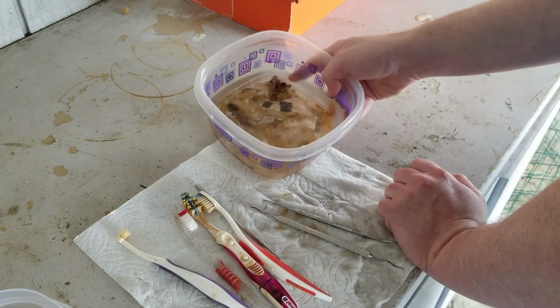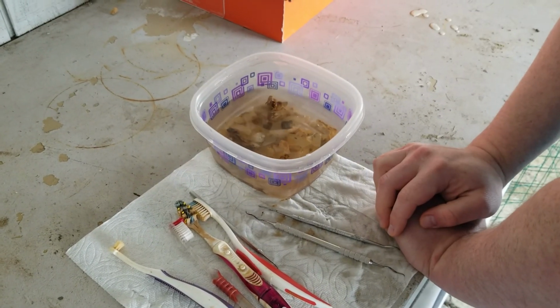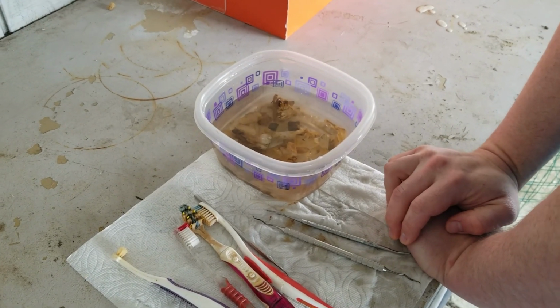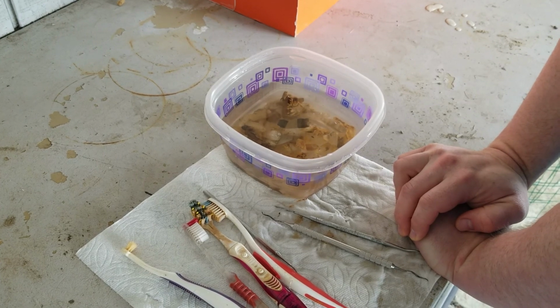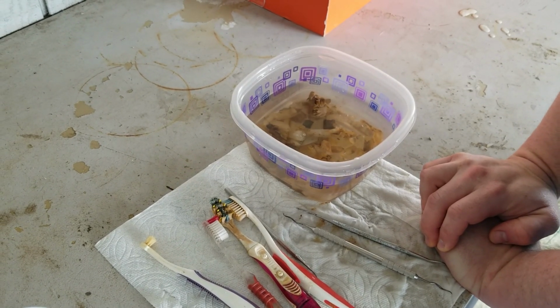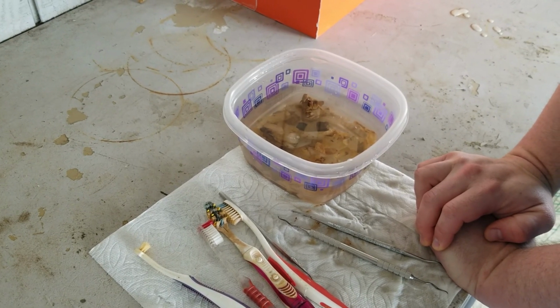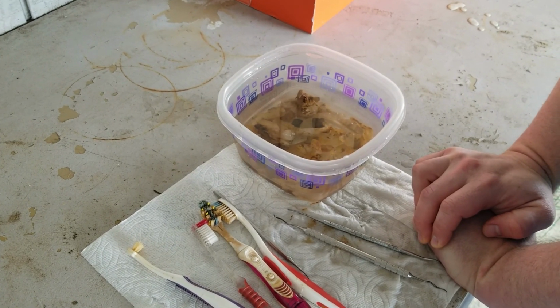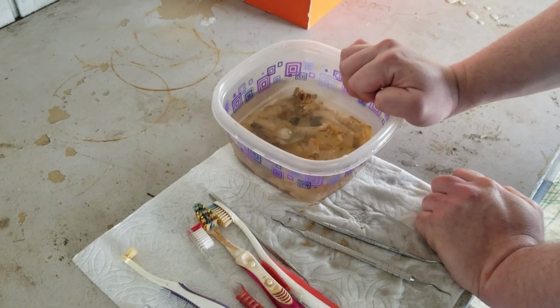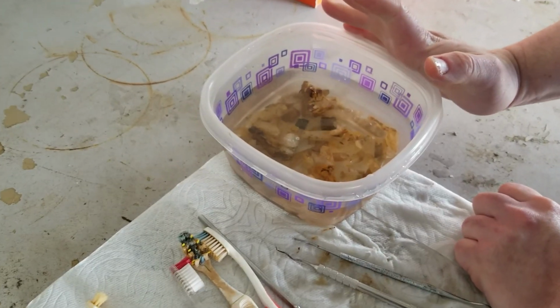Okay, so we've let these crystals sit overnight in some water and we've rinsed them off a couple times. Be careful not to rinse them off in your sink, because a lot of dirt's going to come off of these guys, and that dirt will settle in your pipes, and then you'll end up making a very expensive call to your plumber. So try to rinse them off outside best you can. Do that a few times until the water's kind of clear like this,